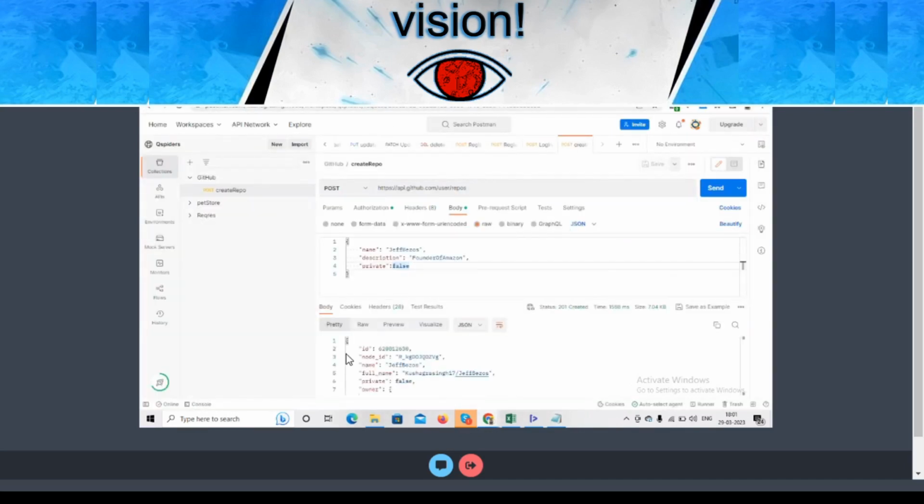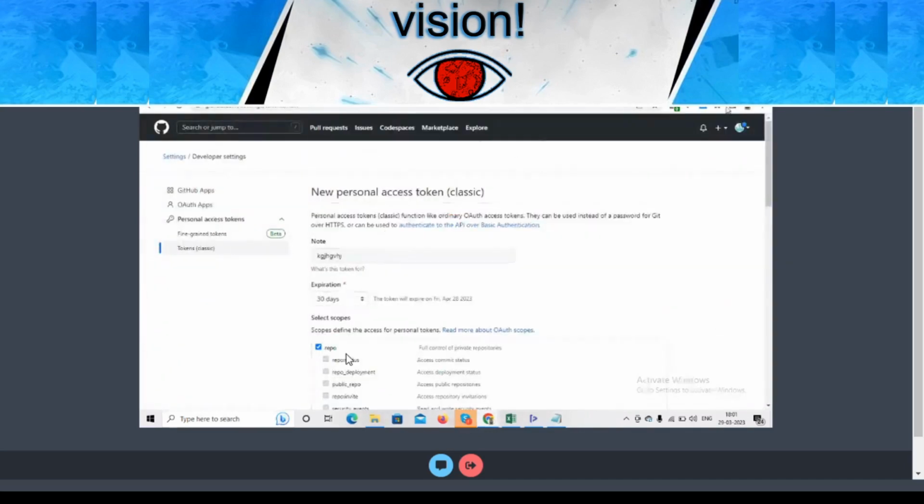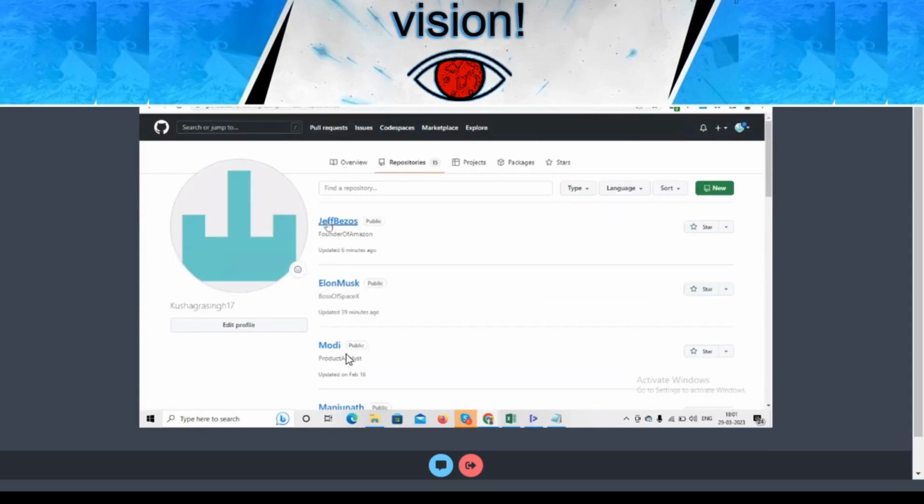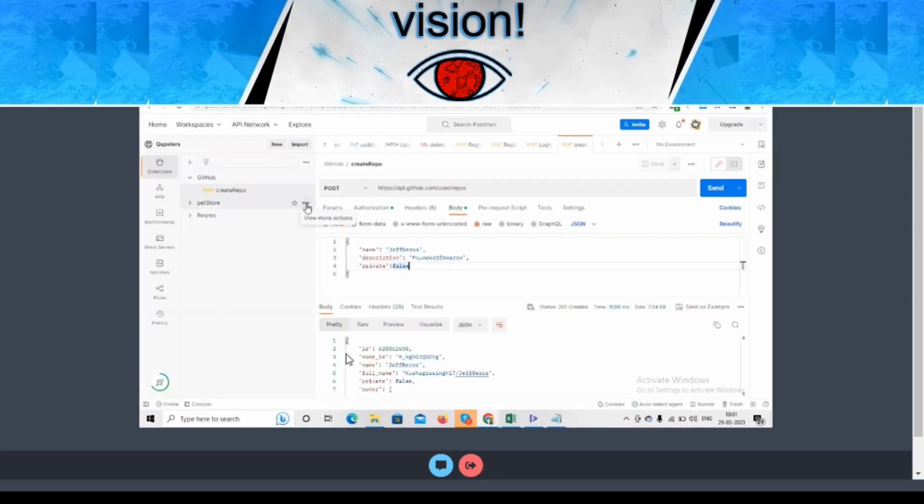Now see the magic. If you come to your repository, previously Jeff Bezos was not there. Now if you see, Jeff Bezos is here. Now you can see how exactly it is working here. Again, suppose there is no UI of any application, how will we get to know with the help of this status code as well